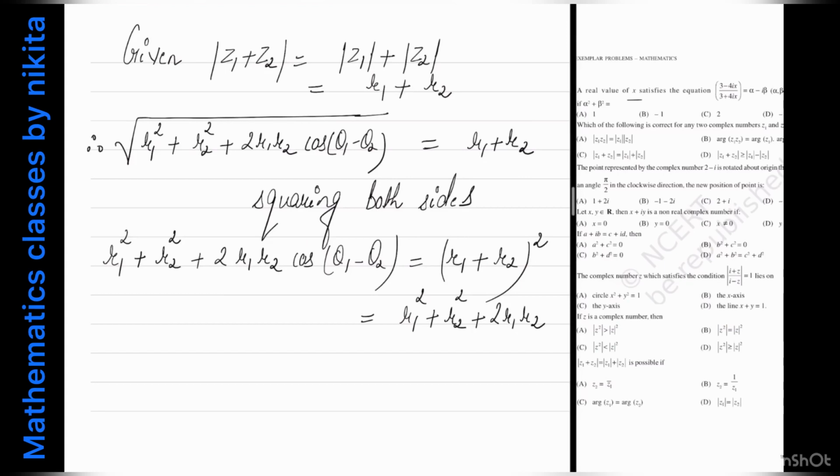Okay, now I can cancel out r1 square with r1 square, r2 square with r2 square. So you will get that cos of theta 1 minus theta 2 is equal to 1, and this implies